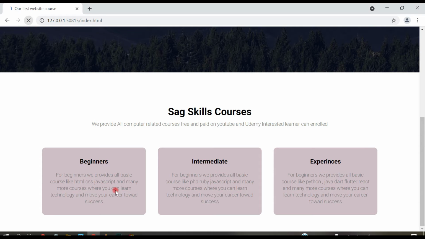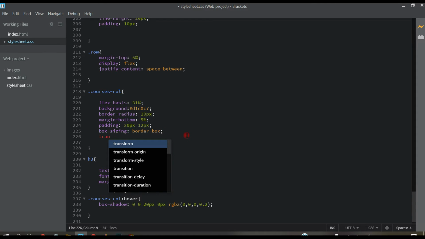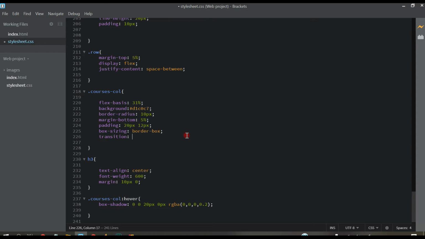Yes, you can see, but it's jerking, it's not smooth. We want to make it smooth, so when we hover, the shadow should be applied smoothly. For that, come here and add transition 0.5 second.